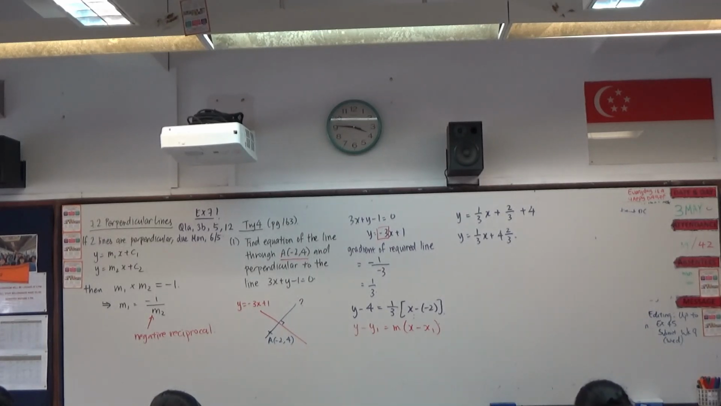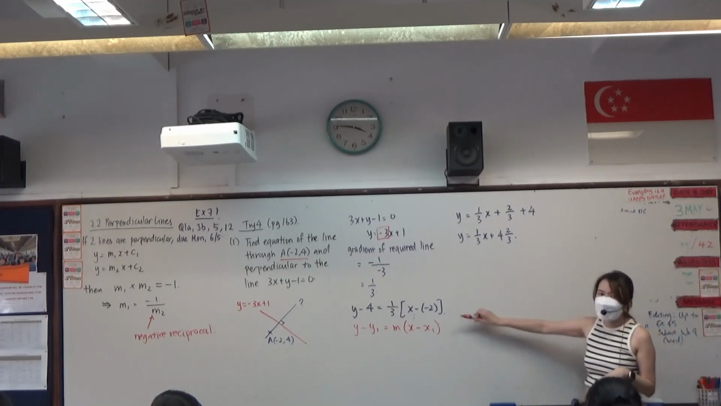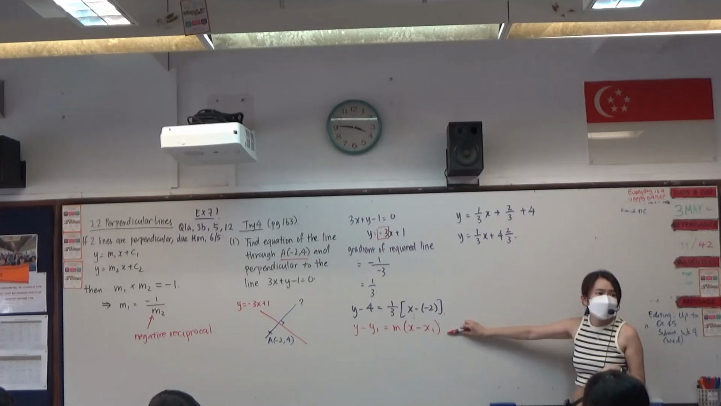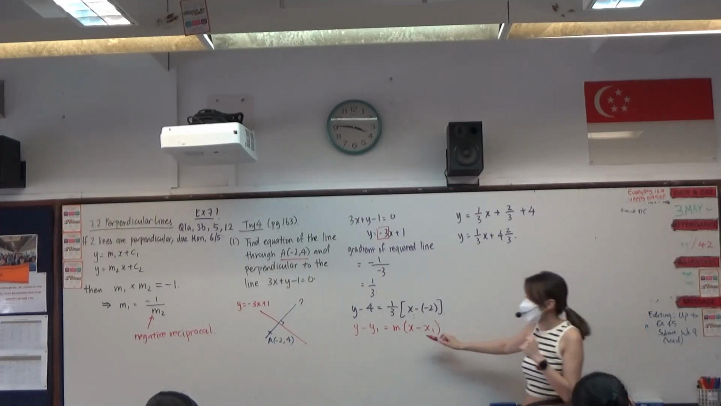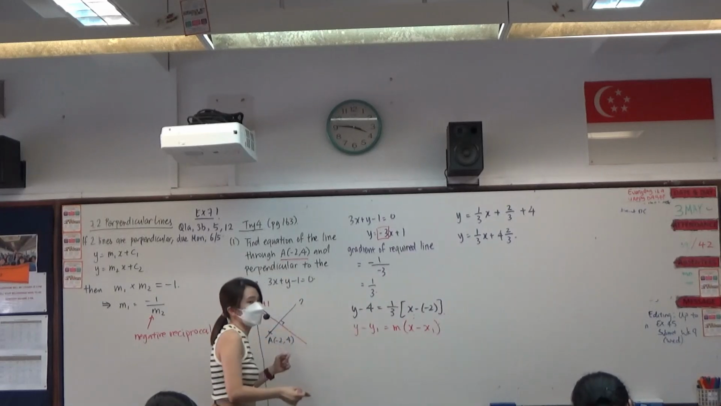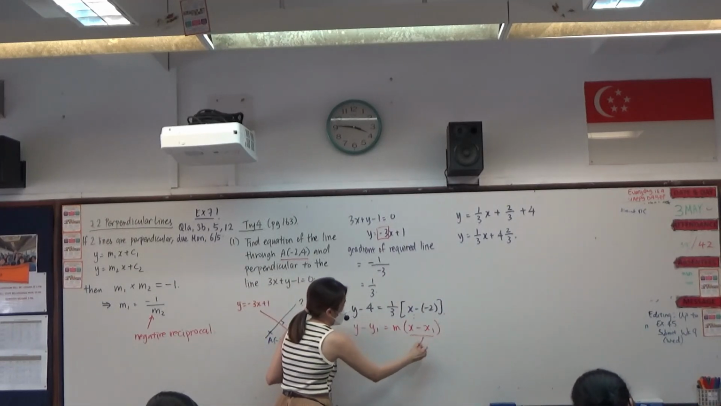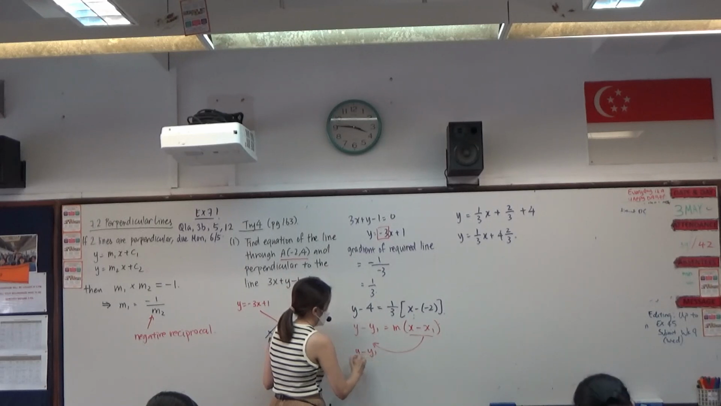Jaden, you tell what you don't understand. I don't understand how you get that. How I got this? I use this formula, which was a derivation of the gradient. So if I divide this over here,